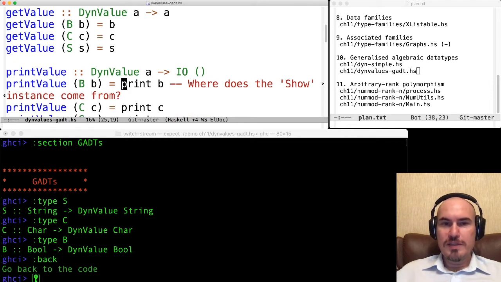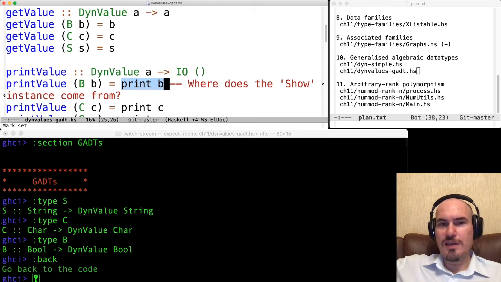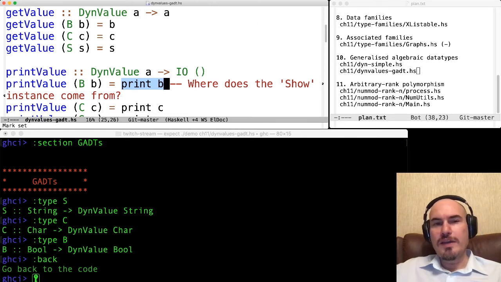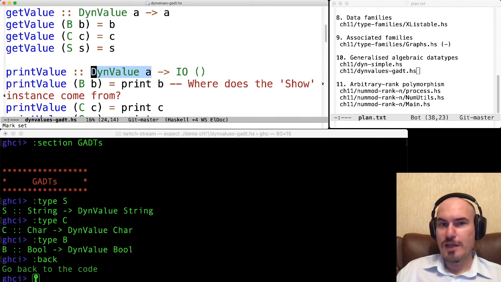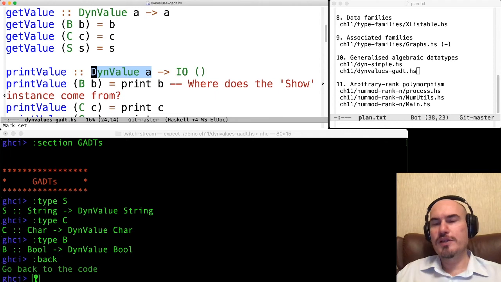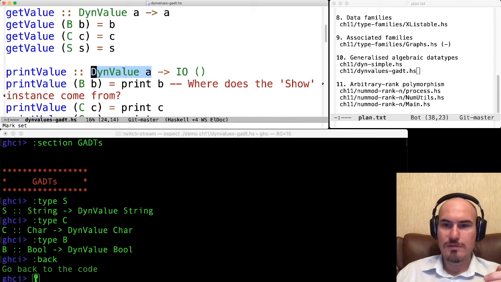You know that print requires having a Show instance. Why is it possible to use print B here at this point of the program? Well, the answer is as follows. We have a value of type a. And you see that here in the type of printValue, we have no constraints over type a. We have no Show constraint. Nothing like that.